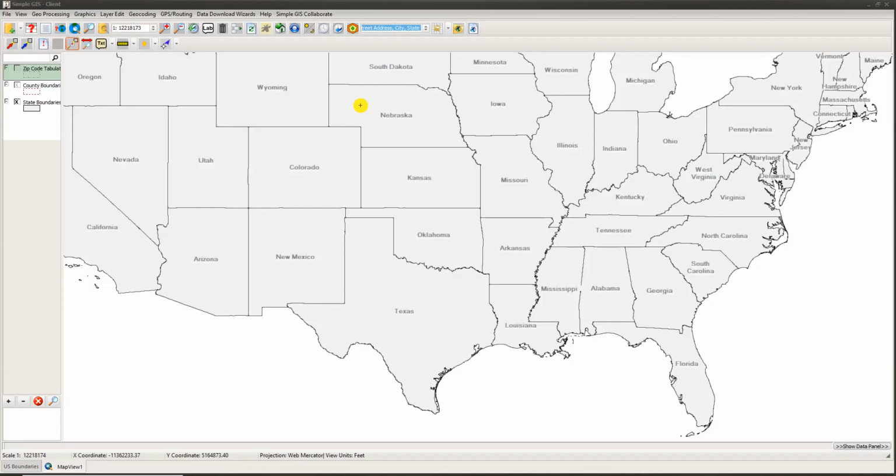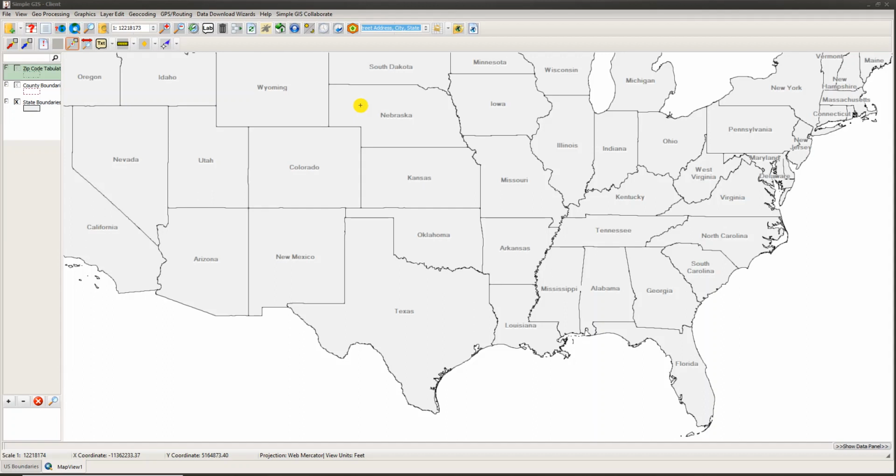Hey everyone. So today I'm going to do just a very quick tutorial demonstration of a new feature that is available in the Simple GIS Client update release version 13.1. And the feature is a quick search bar that allows you to quickly search for features. And when you configure it, it can search across multiple features and multiple attribute fields and automatically zoom to any